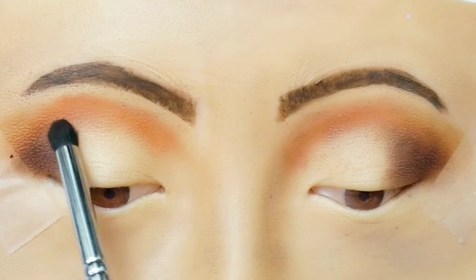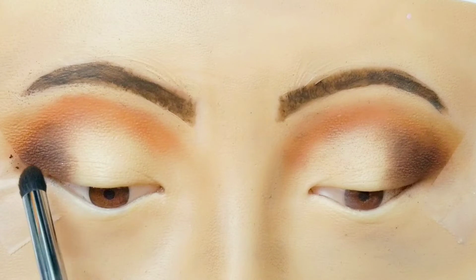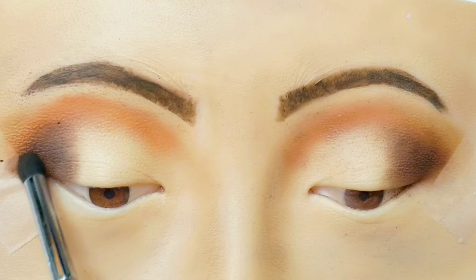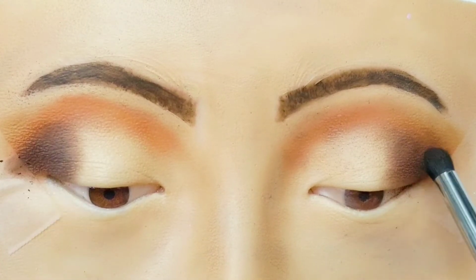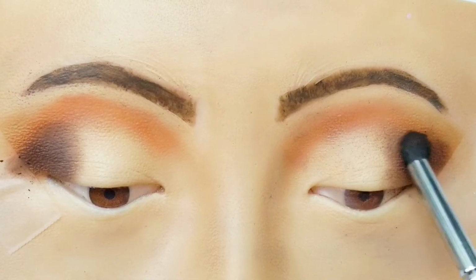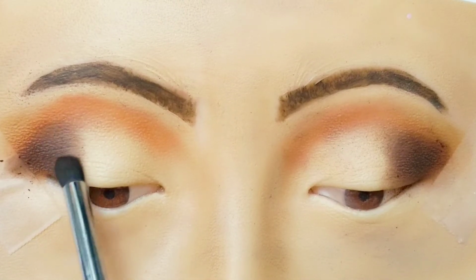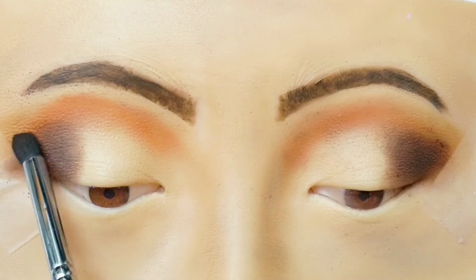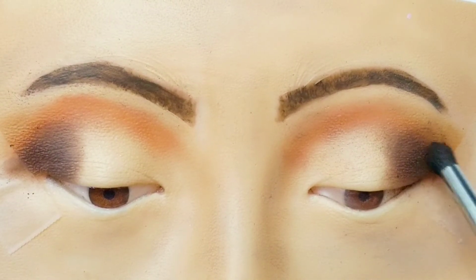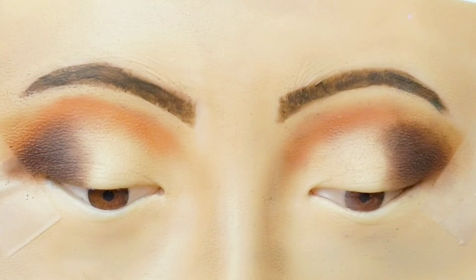After blending it very well, you could see how it looks. It looks like a very blended eye look. All three shades are blended together very well. I decided to make it darker, so I applied more brown or chocolatey color. So after applying the brown shade,